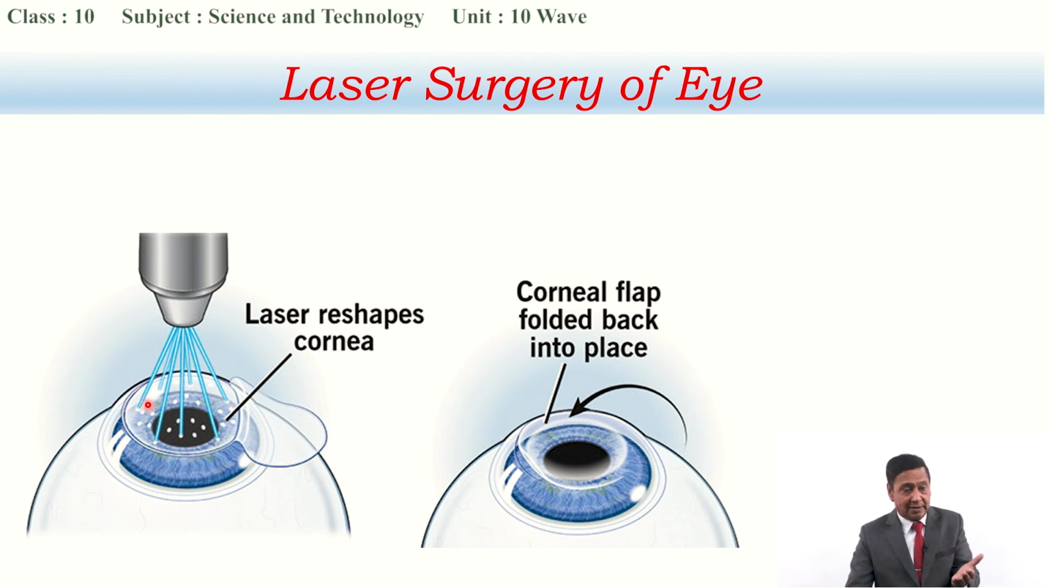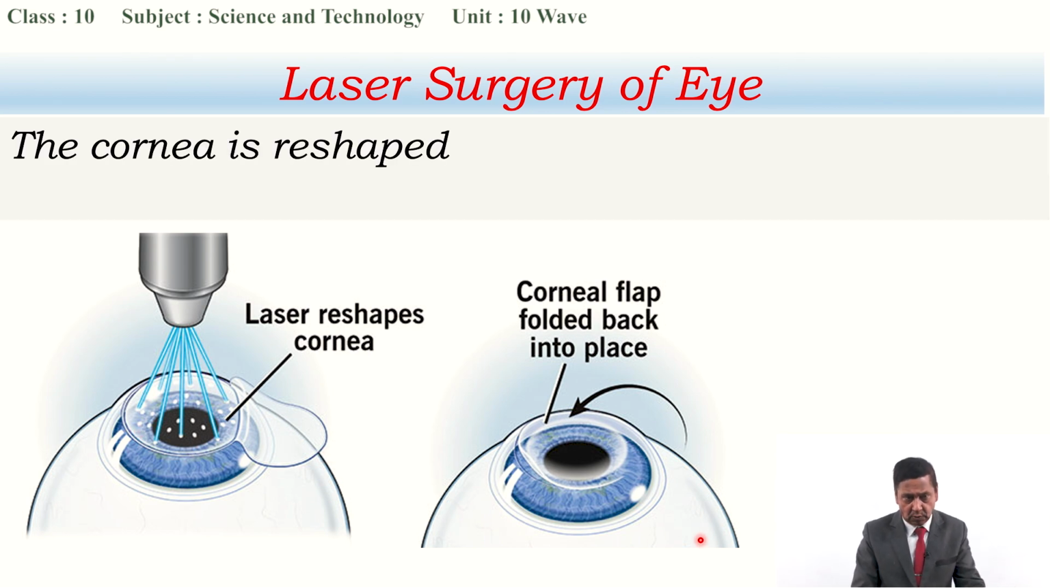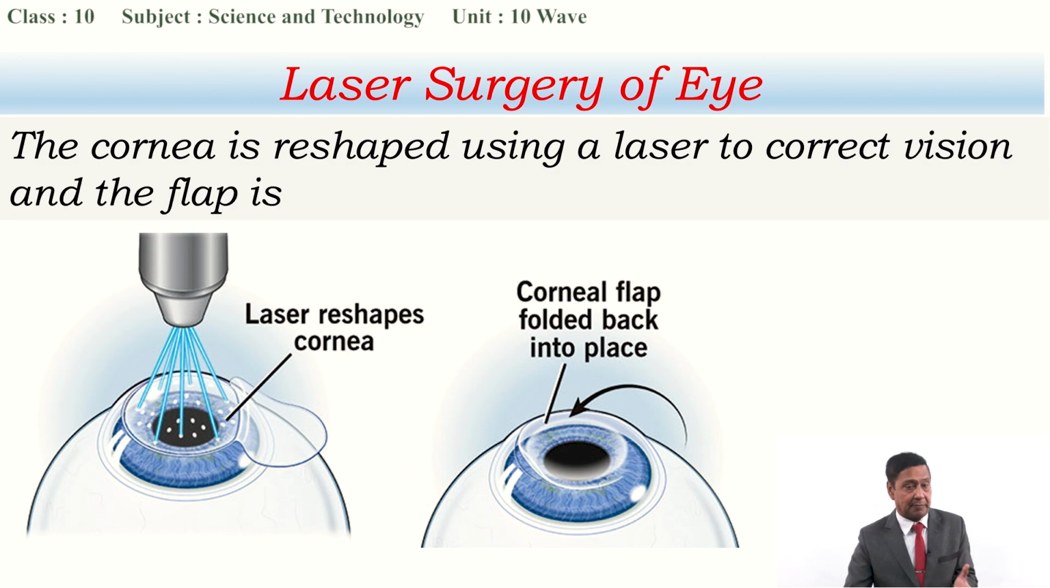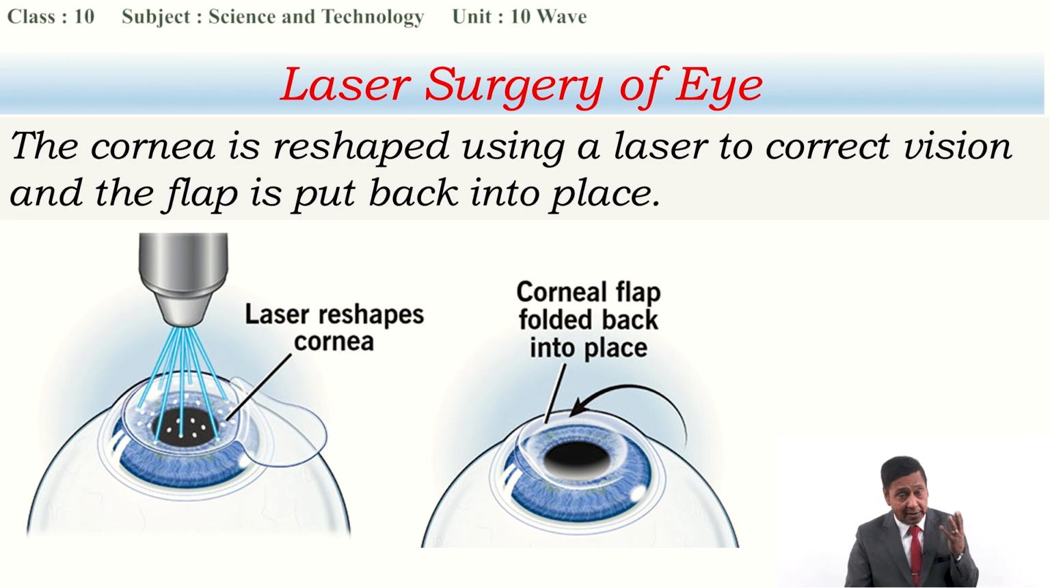Now the cornea is exposed. What do we do with this cornea? A laser is used to reshape it. Either the cornea is a little flattened or it is a little bulged, its curvature is made sharp. Later I will talk in detail about what exactly reshaping is. Then after reshaping, we turn the flap back to its previous position. We can say this way, the cornea is reshaped using a laser to correct vision